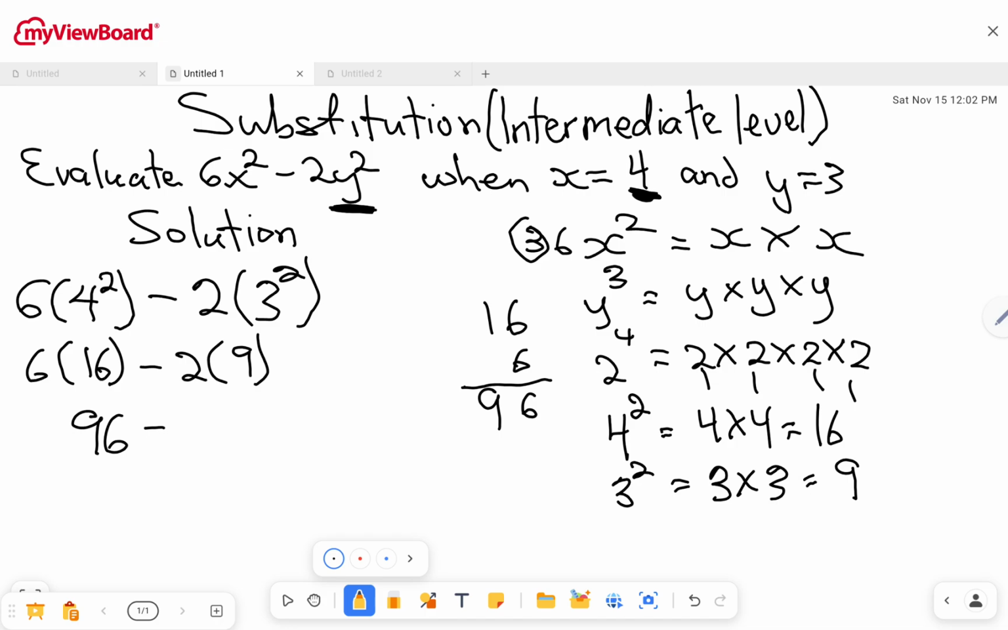Now, we are supposed to multiply 2 by the 9. And 2 times 9 is going to give us 18. Now, let's subtract 18 from